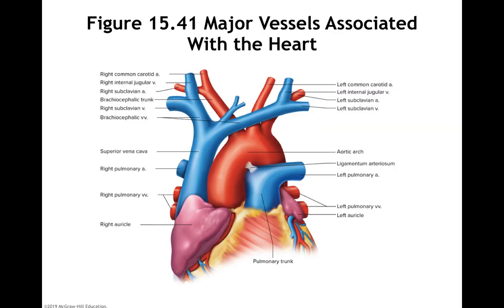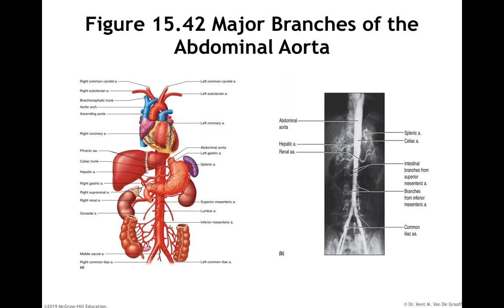I also will not walk you through each one of these major vessels, but they are important. The superior vena cava, the aorta, and the pulmonary trunk in particular. There are lots of branches coming off the abdominal aorta, feeding things like the stomach, liver, pancreas, kidneys,